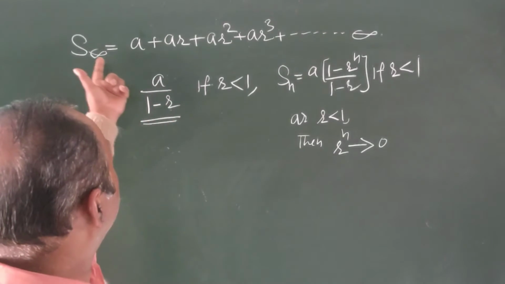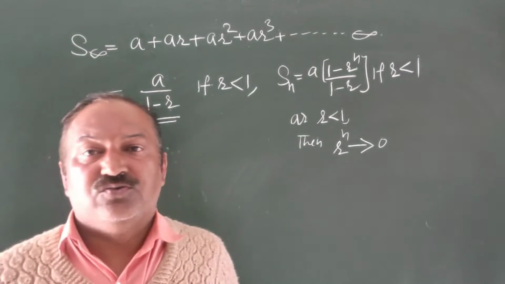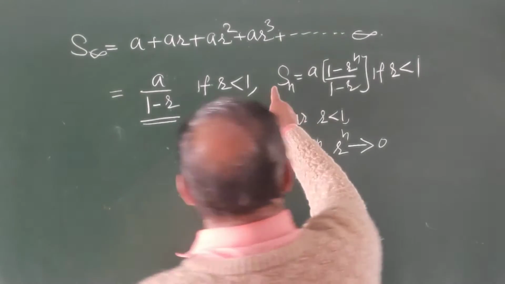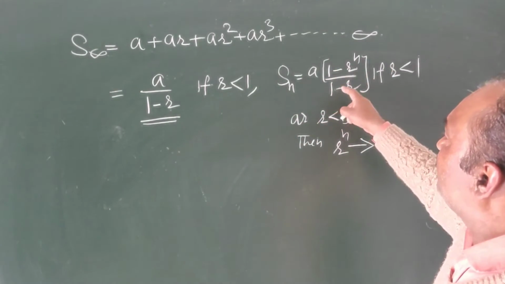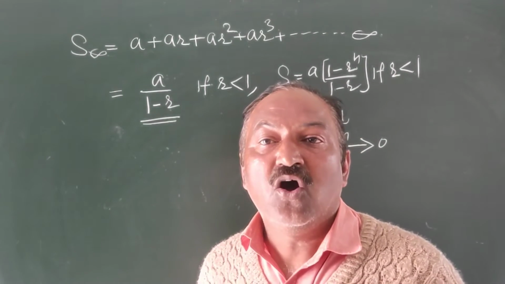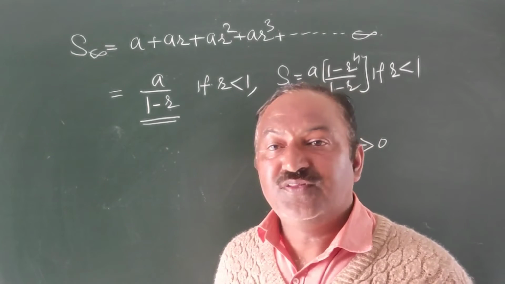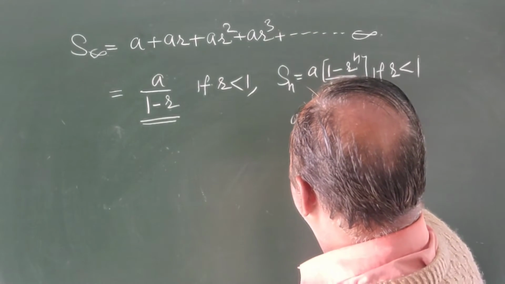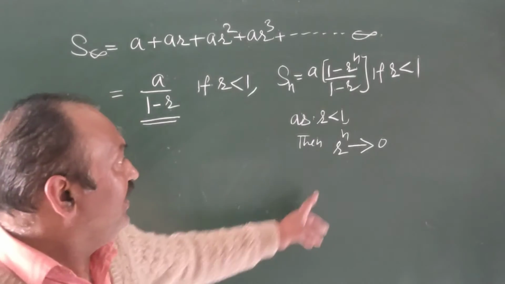So here in this case, a is the first term and r is the common ratio. And if r is less than 1, then Sn is equal to a(1 - r^n)/(1 - r). This is the formula of the sum to n terms of the GP. So as r is less than 1,